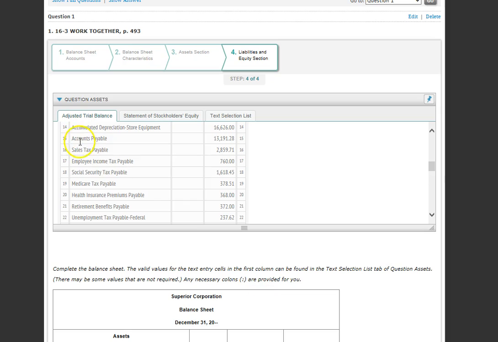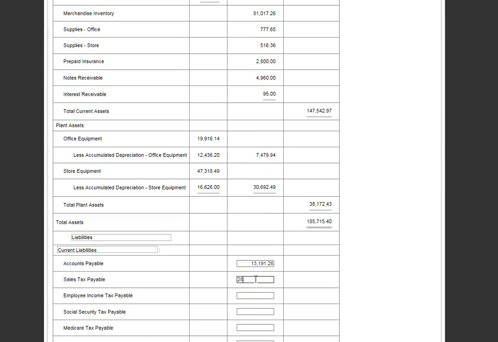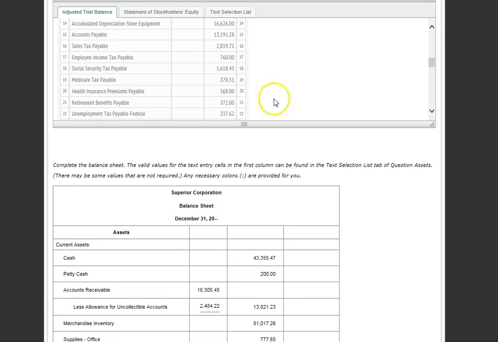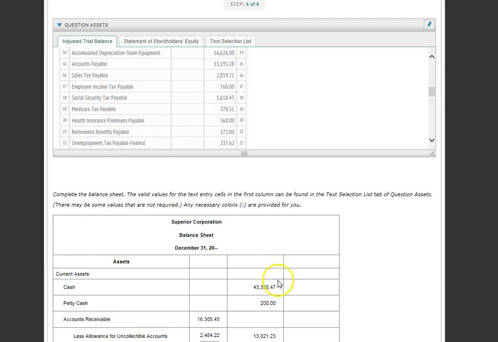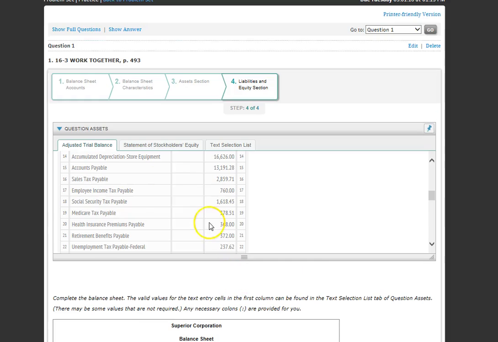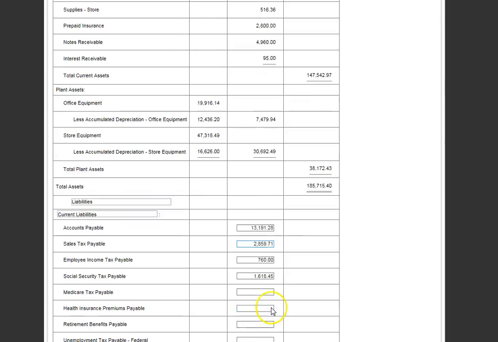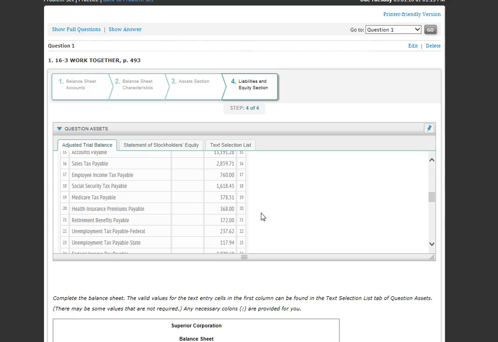Sales tax, 2859. Income tax, 760. Social Security, 1618. Medicare, 387. Sorry, 378. Health insurance,